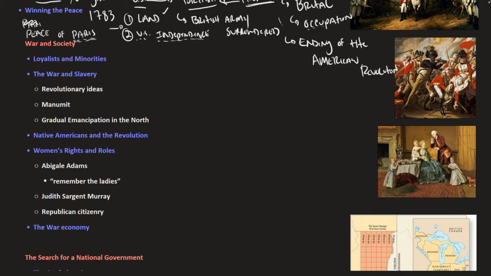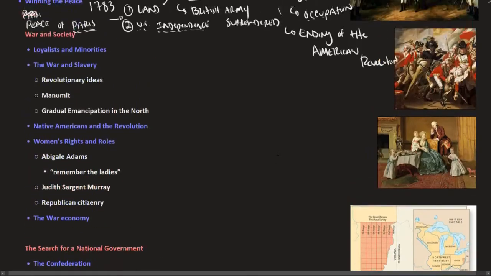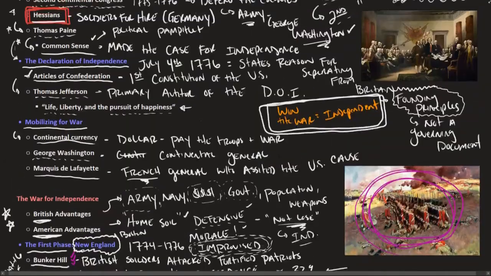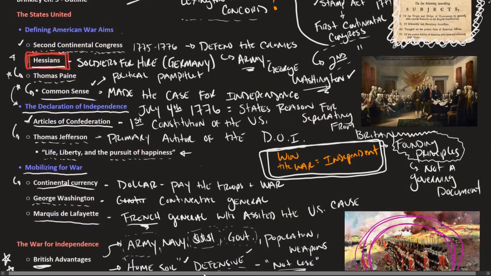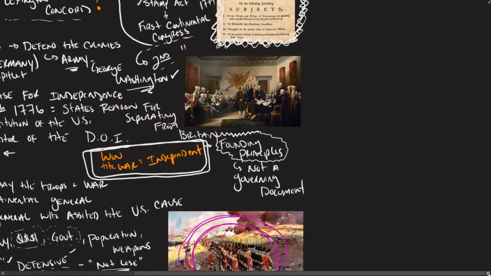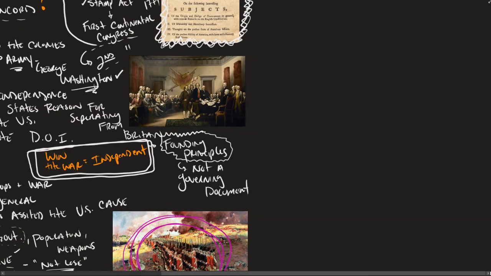So recall now, I'll just take a moment. We're going to finish up the chapter here and talk a little bit about what happens after the revolution. But recall that for your essay question, more or less all the content and information that you need in order to answer that second essay question, and that is who is responsible for the outbreak